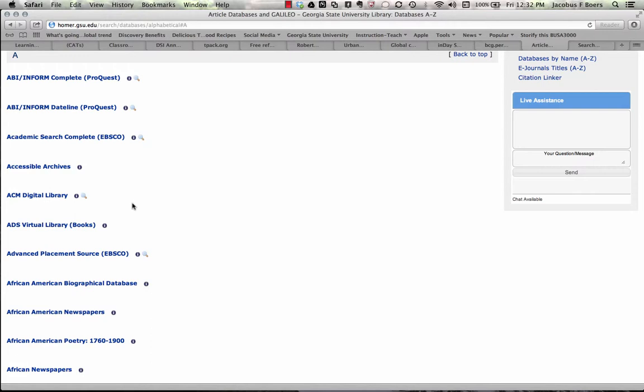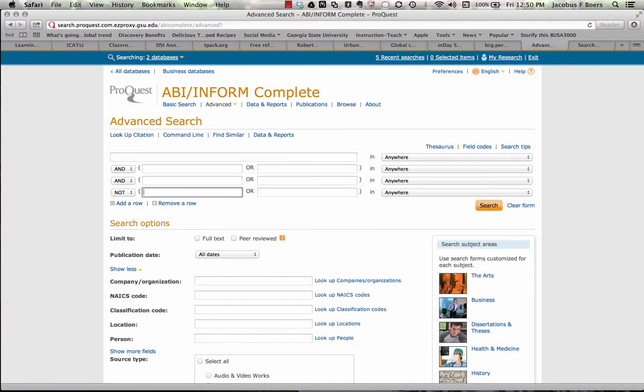From here, you can select ABI-InformComplete. One word of caution here is if you were not to be on campus and access this, at this point it would ask you to enter your credentials, your GSU credentials, to be sure that you're a current student at the university. You can then at this point enter in